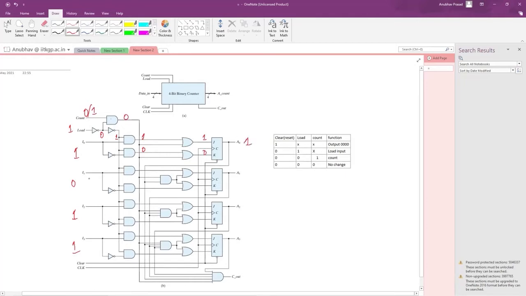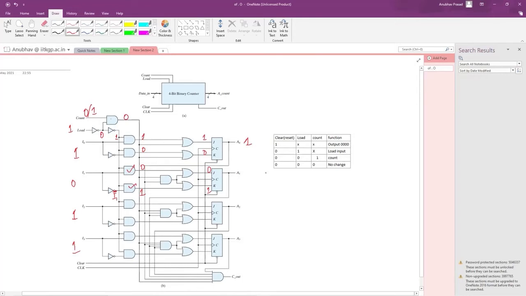Similarly in this case, this AND gate will give the output as 0 because I1 is 0, and it will toggle, it is not I1, no, I1 bar. So this AND gate will give output as 1, and it will set K as 1 and J as 0, and it is a reset condition.